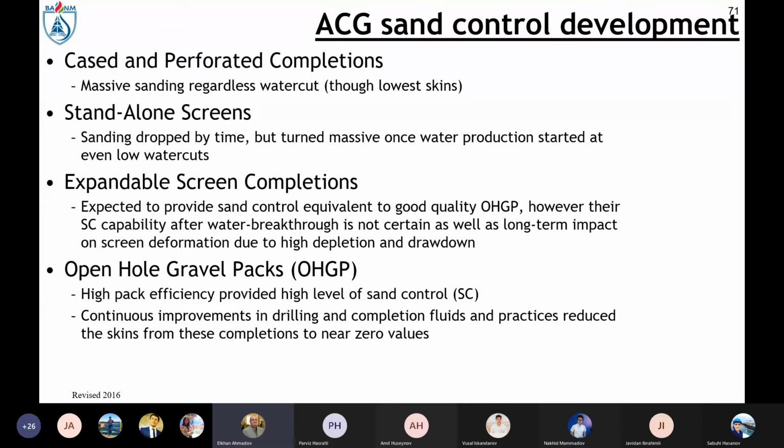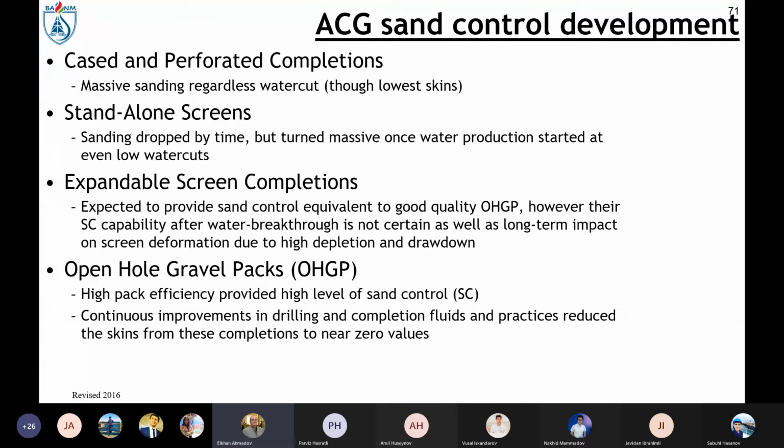We reached a point where we had to limit our production, limit our oil production, to limit the sand production and prevent massive sand production, because sand would fill the separators and all the vessels very quickly, and in almost 2 months' time